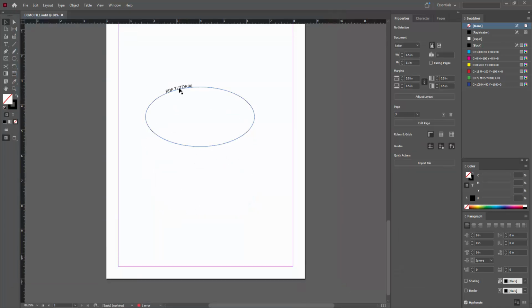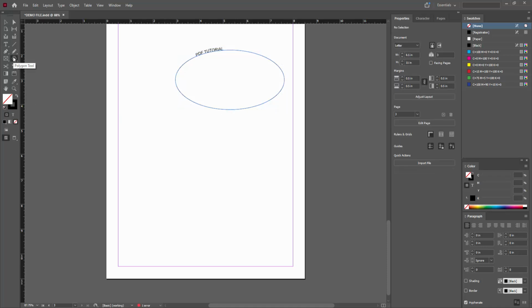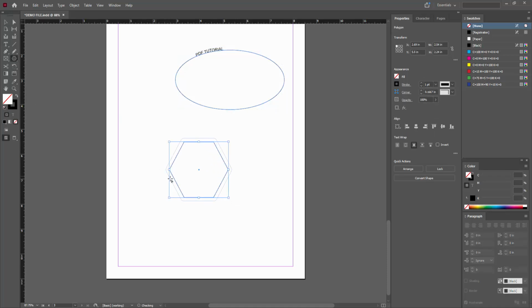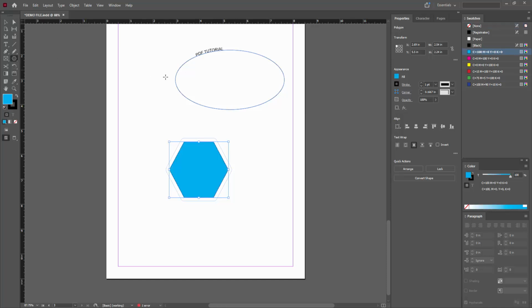Now you can see here, an ellipse. Now I am drawing another shape. Select the polygon tool and draw the polygon. You can make the fill color. Now